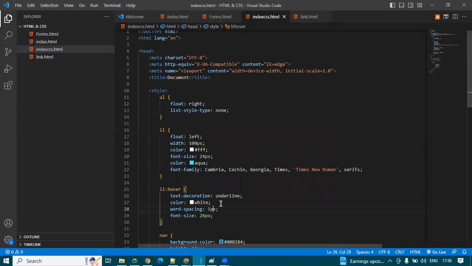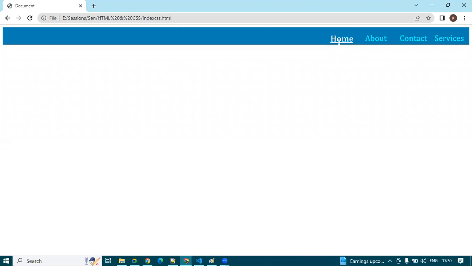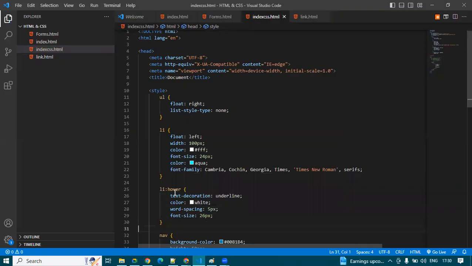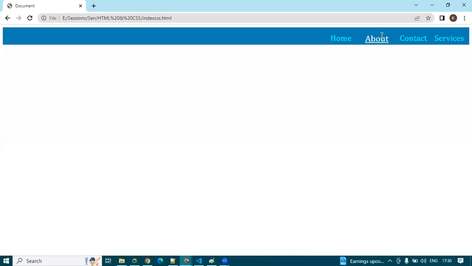So is this clear for you? How do we get the underline when we hover on the menu item? Did we do anything for that? Yes, we did text decoration underline. Oh, sorry, I didn't notice that. Okay, so the next one is